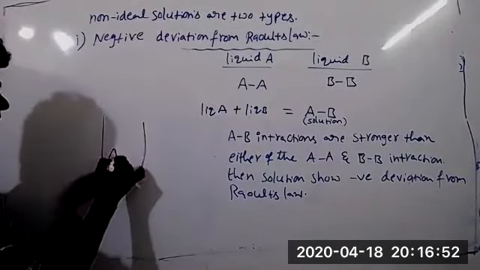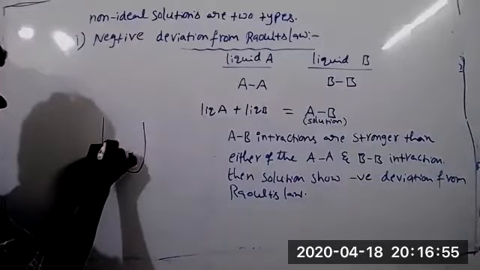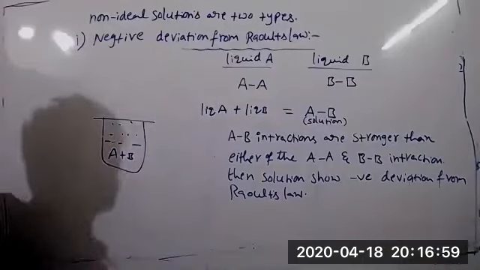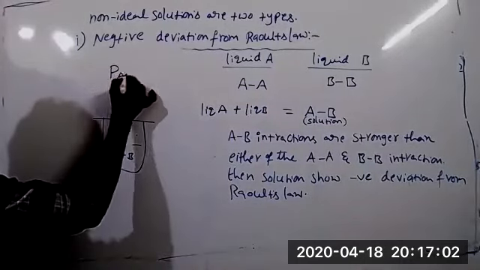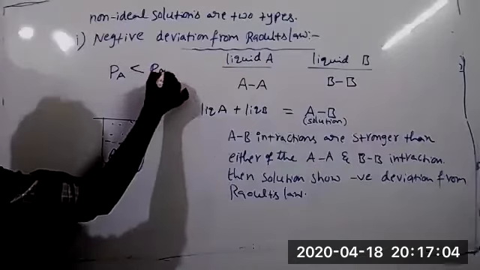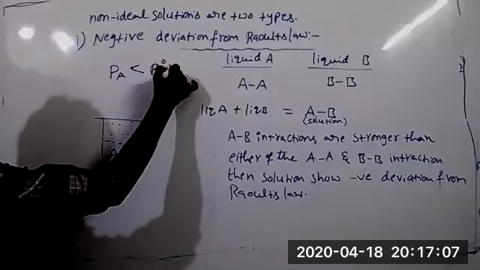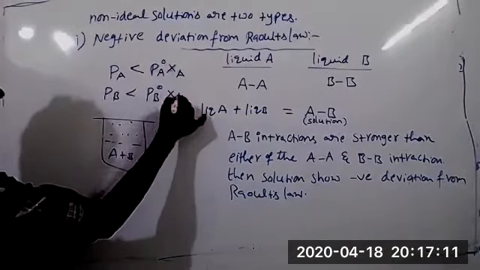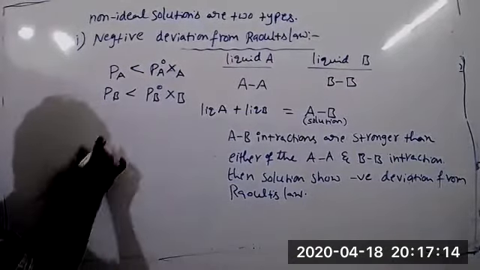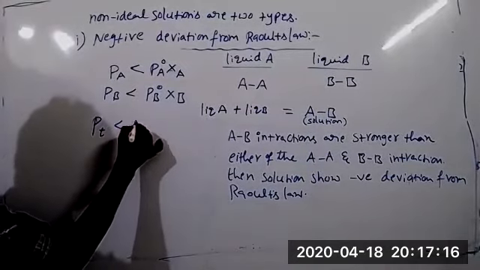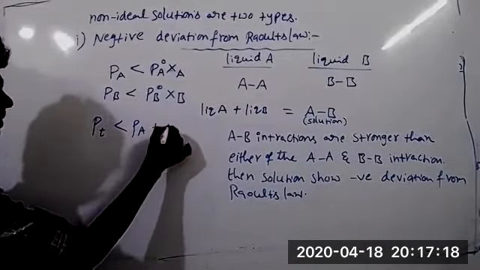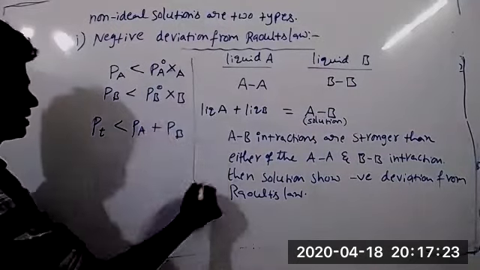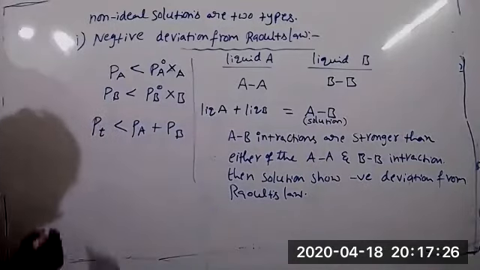Decreases. Yes, the AB mixture vapor pressure must decrease compared to its pure components. That's why here PA is less than PA⁰ times XA, PB is also less than PB⁰ times XB, and P total is less than PA plus PB. Note down this information. A graph is